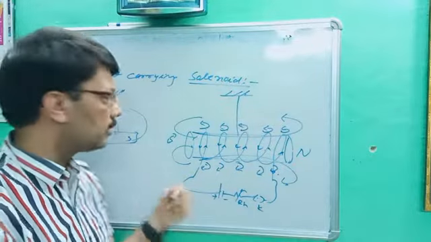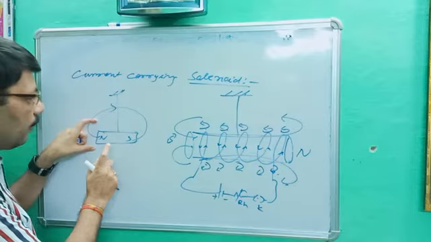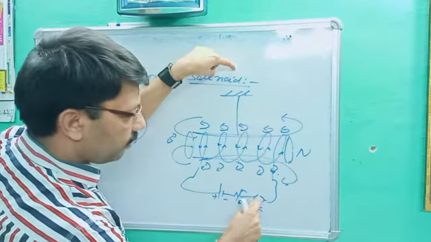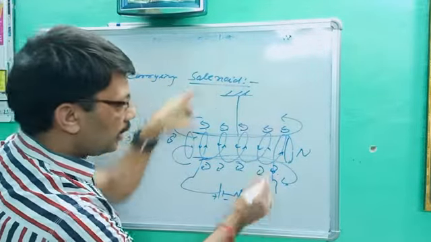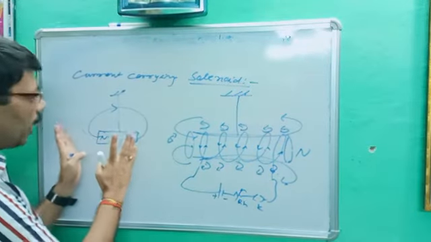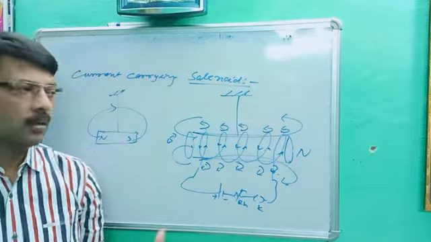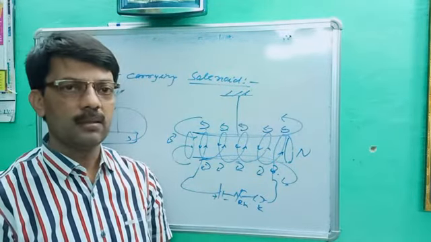What are the dissimilarities? A bar magnet is a permanent magnet. Very, very important point: a bar magnet is a permanent magnet while a solenoid is temporary. If you switch off the key, the whole magnetism vanishes. It behaves as a magnet only until current is drawn. Hence the bar magnet is a permanent magnet and the solenoid is a temporary magnet. This is first.